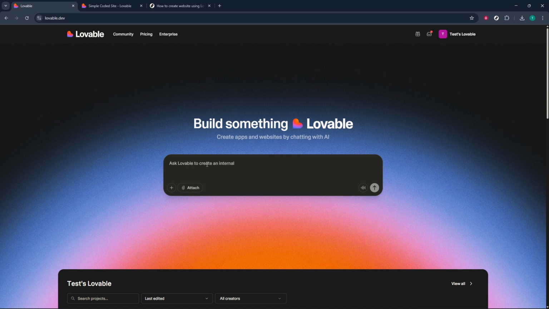Next, you'll need to craft a prompt. This is an exciting step because this is where the magic starts to happen. Think about what you want your website to convey. What's its purpose? Who's your audience? Once you've crystallized those thoughts, head to the input field and describe your vision. Lovable AI's advanced algorithm uses your prompt as a blueprint to generate your website, so try to be as clear and detailed as possible. Keep in mind, the more information you provide, the better the AI can tailor its suggestions